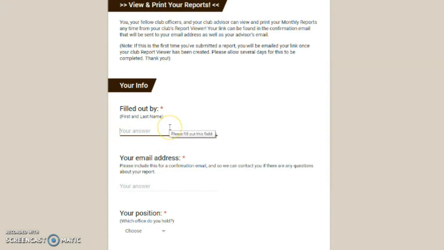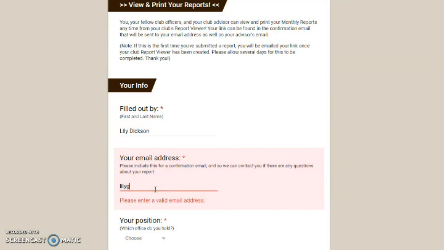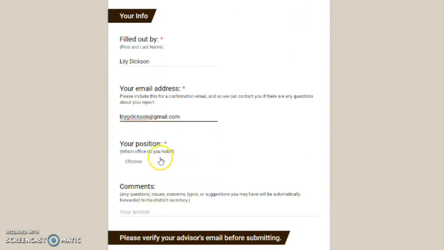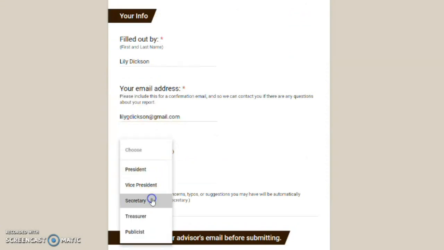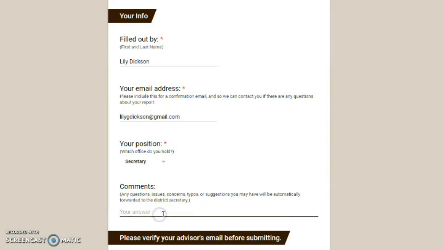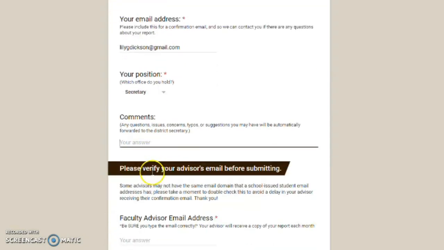So this last part is super easy. Just your name, your email address, who you are, the secretary usually, but if you didn't know, any position can fill out a monthly report, which is actually really useful if your secretary isn't doing as well, or if your president has more information, or you are overwhelmed. So then any comments you have, anything you want to ask, that will automatically be sent to me,